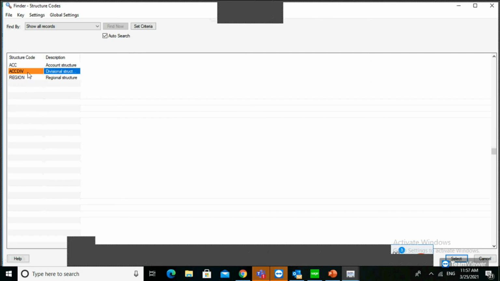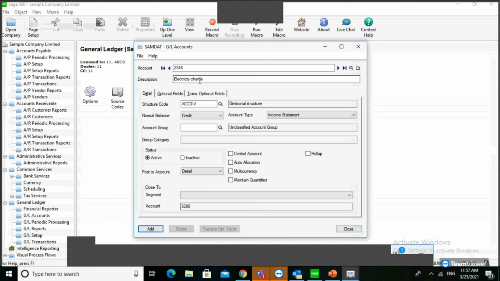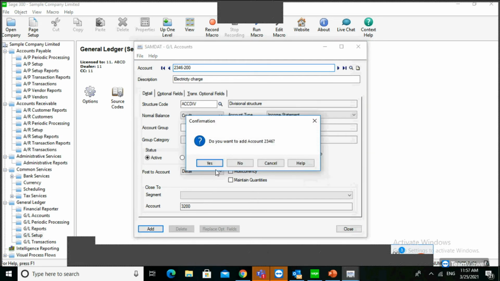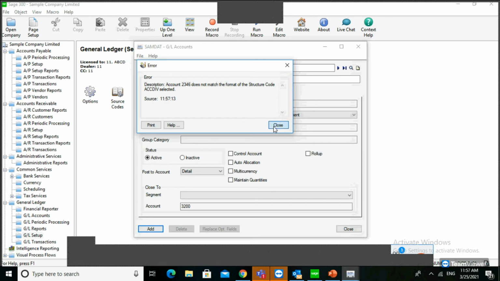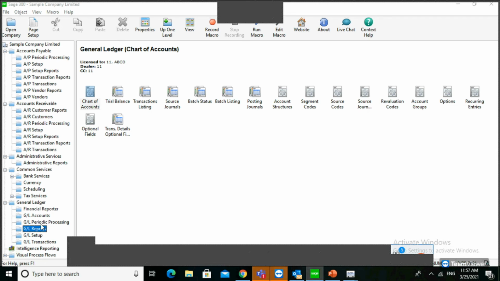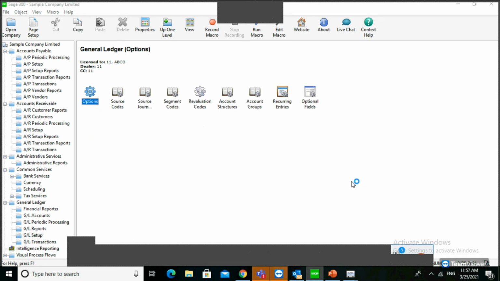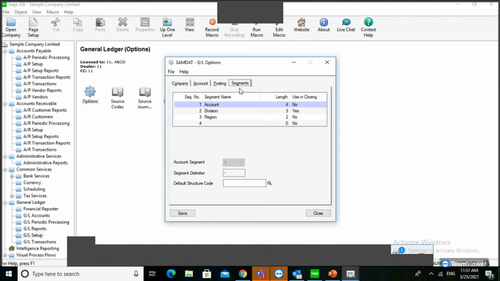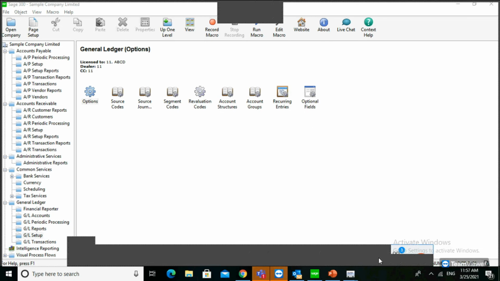I want to put it here as an account division structure. That is account division is this, because I would put just this 432.